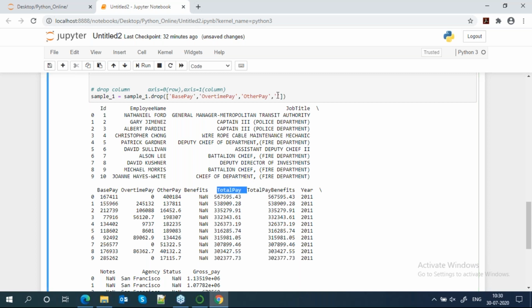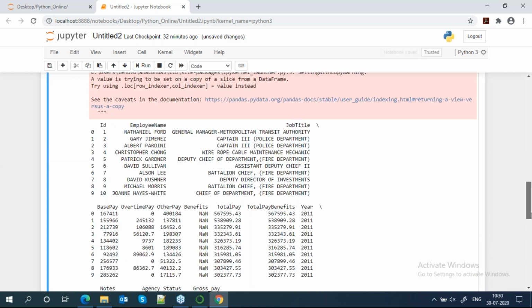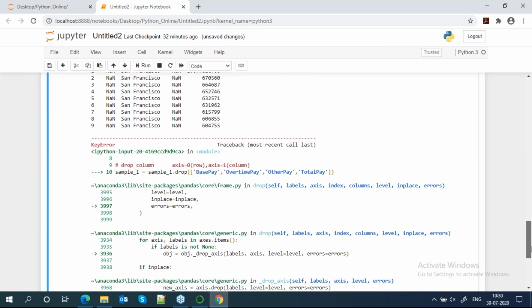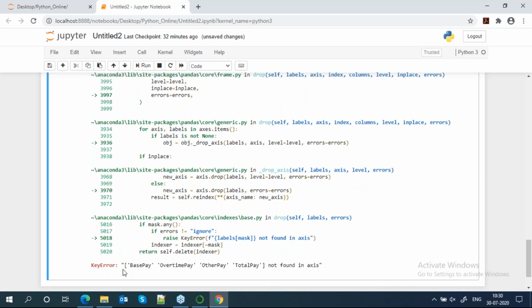We want to do some example. Okay, total pay suppose. So let's try to drop. You will get an error. What error? Base pay, overtime pay, other pay, total pay not found in axis.